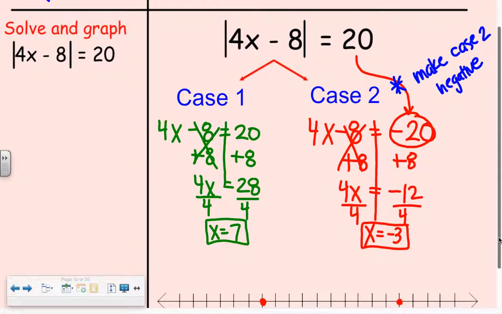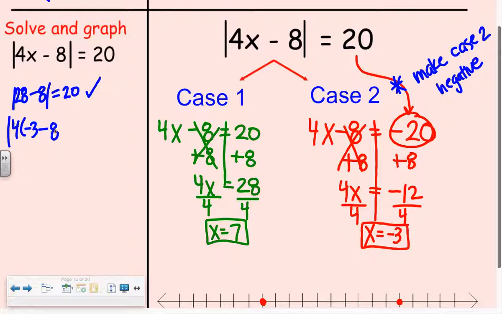Let's go back and check that so we can see how that works. Well, let's take 7 first. 4 times 7 is 28. 28 minus 8 is 20. Yep, that works. Then we have 4 times -3